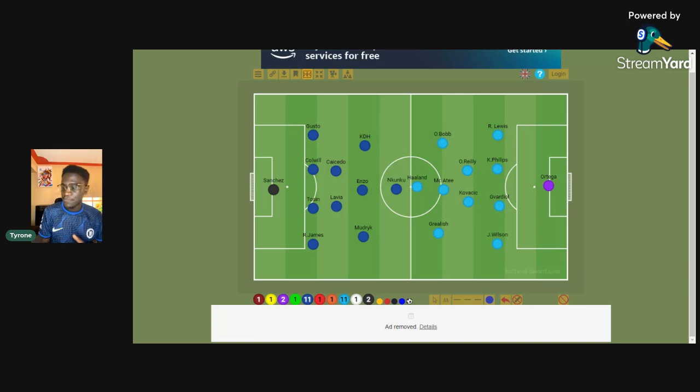Now, both Chelsea and Manchester City started with a 4-2-3-1 formation. But before I start talking about Chelsea, I want us to talk about Manchester City's lineup. When you look at the screen, you can see the positions of key players in that lineup. For example, Ortega started ahead of Ederson, meaning he is the second goalkeeper to Ederson. Rico Lewis started.